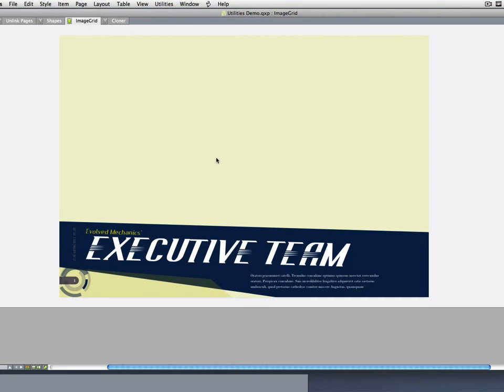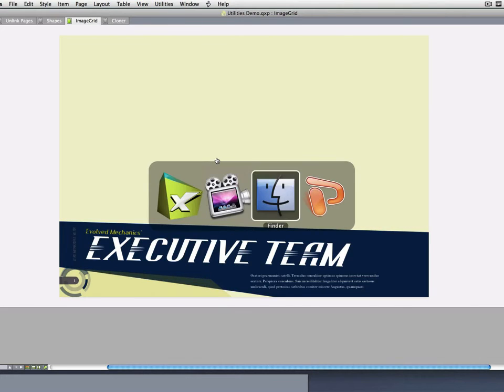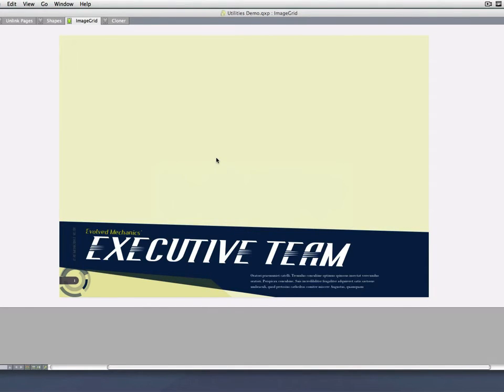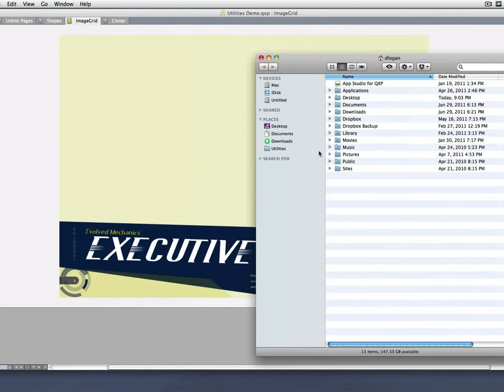The next one is called ImageGrid. Now, ImageGrid is basically a tool just to help you quickly lay out a bunch of images on a page in a clean looking grid with the exact specifications that you want. You might do this because you have a big collection of images and you want to make contact sheets out of those. Maybe you're doing a catalog. So there are various reasons why you might want to do this. Now, in version 8, we did add drag and drop import. So you could already get a lot of